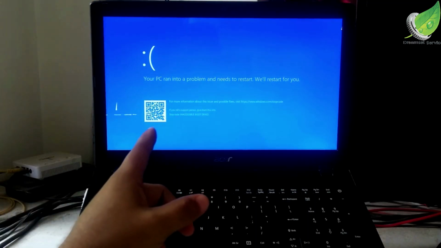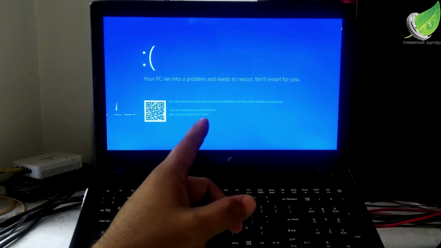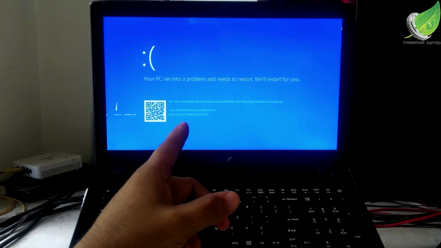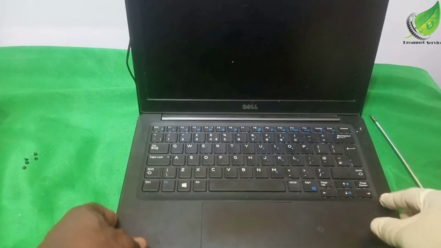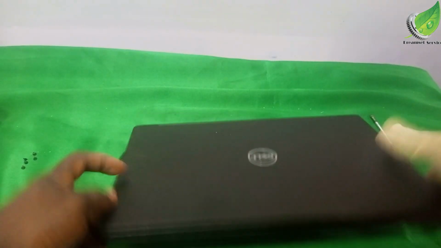Hello, so we have the blue screen error issue here, blue screen of death, and this can be as a result of a driver that you just installed on a recent update on your PC. So first of all, check your PC, scan for any recent driver you just installed. If that doesn't fix the issue, I'm going to show you how to fix it the other way